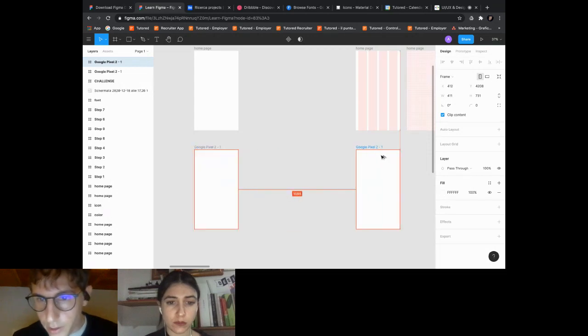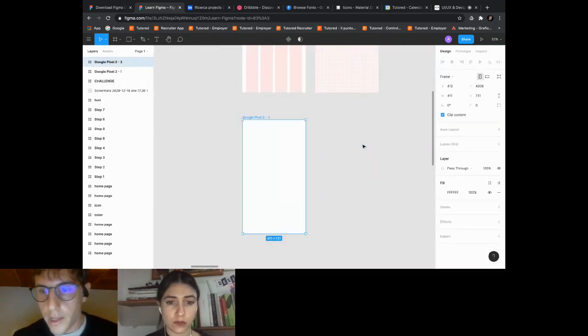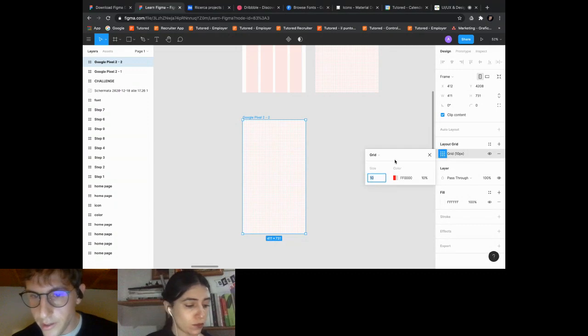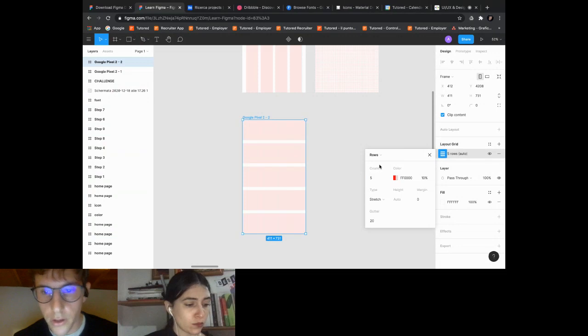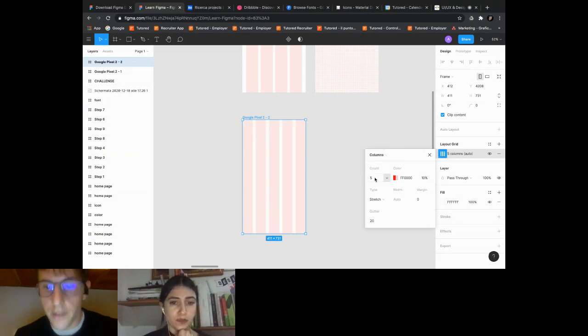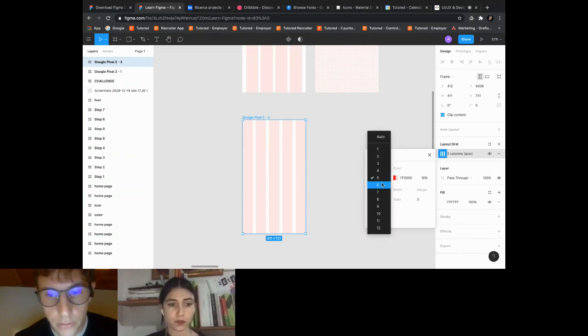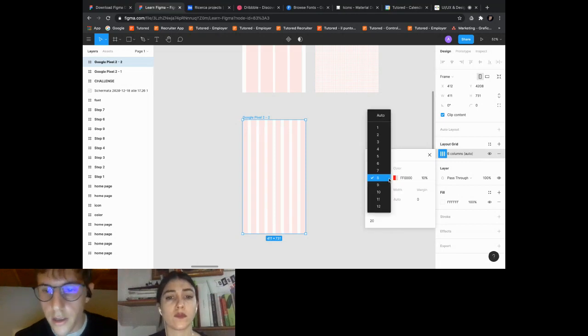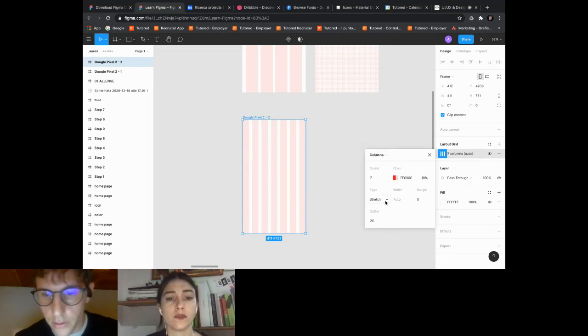To create our grid, we can use this tool, layout grid, obviously. We just have to click the plus, and as you can see, we have here grid, or we can create columns or rows for our templates, and we can decide how many columns, for example, 6, 8, 7, it's your choice.